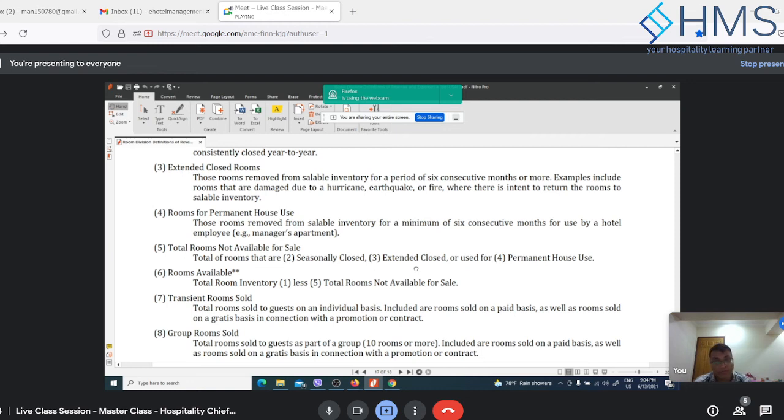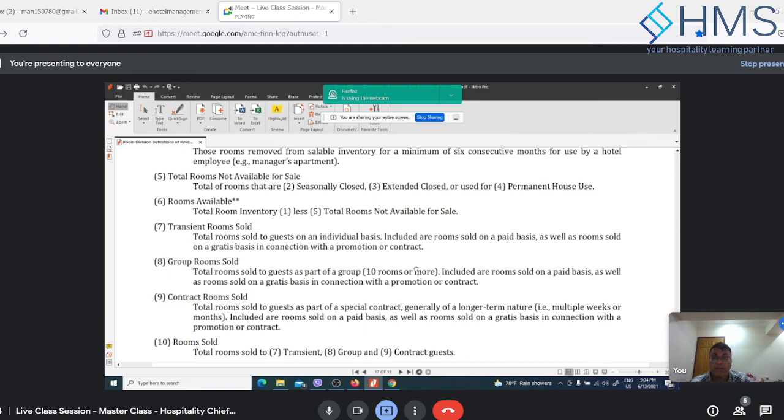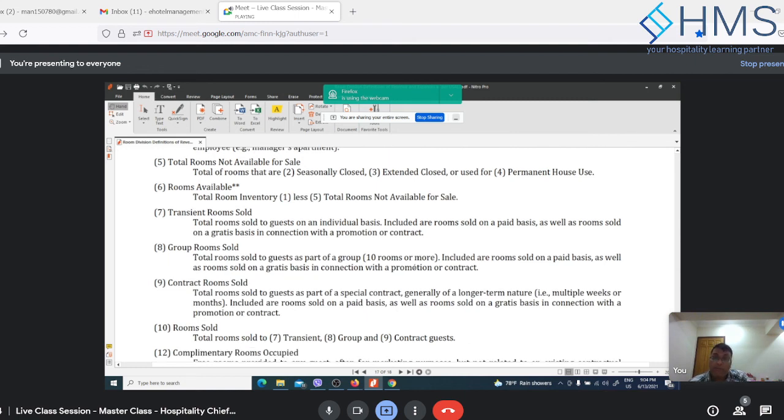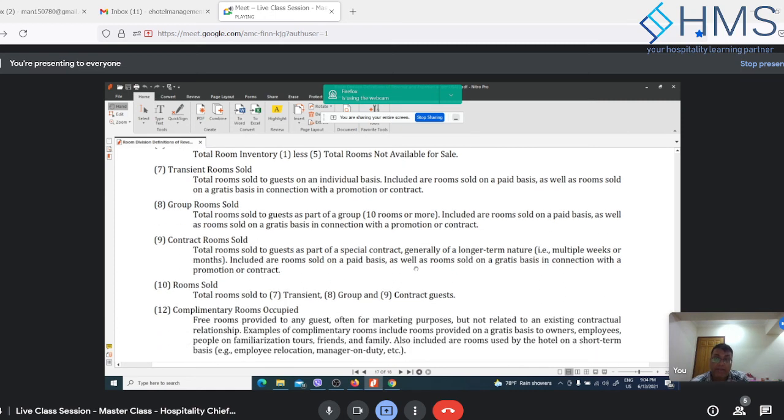The other rooms will be part of your inventory, whether it's out of order for 1 month or 2 months or 10 months, doesn't matter. Okay. And then you have the rooms sold, this will be actual rooms sold, but the only exception is if a complimentary room is given as part of a contract or a paid contract, then it will be considered in the rooms sold. Otherwise it will not be considered as a room sold, and the occupancy statistics will be calculated accordingly.